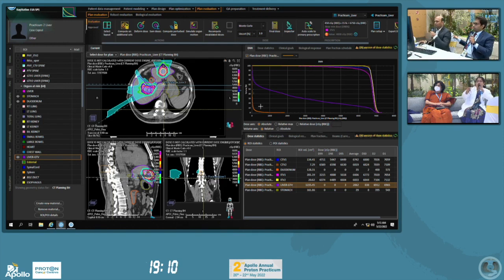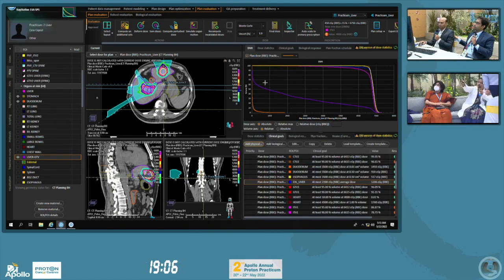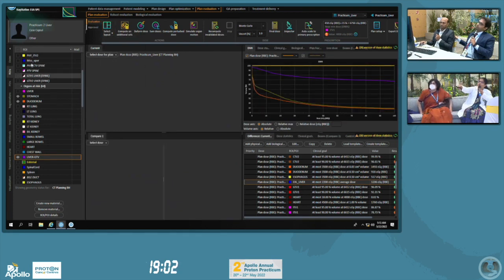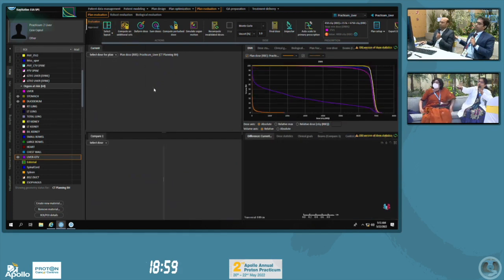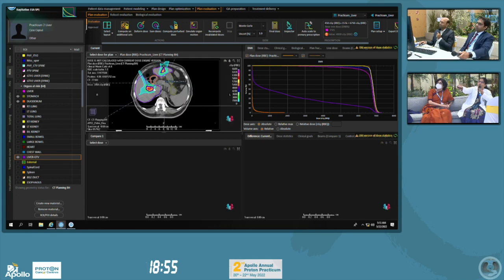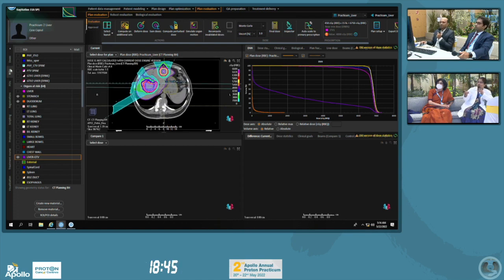dose. So if you see the low and intermediate dose isodoses, so that is a 15 gray isodose, and if you go, can you scroll superiorly? Yeah. So there's virtually no overlap or bridging between the isodoses, which is very difficult to achieve in a photon plan. And we have a comparison